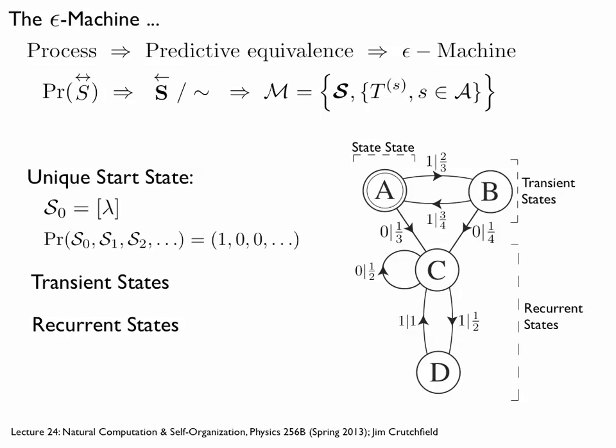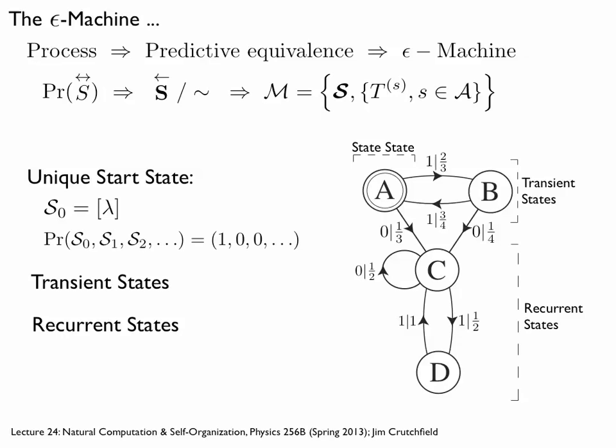There's a probabilistic way of thinking about it where I can describe the modeler's view of what's going on, or my ignorance. I don't know what state the process is in. That corresponds to putting all the state probability on this start state. And then we can watch step by step how this flows down into the recurrent states and settles out. In the generic case, we're going to have transient states that we visit for some period of time, and then we make some transition down to a set of recurrent states. Typically, there's just one recurrent component. And then we rattle around in the recurrent states asymptotically in time.